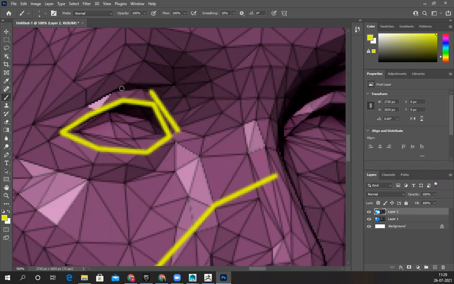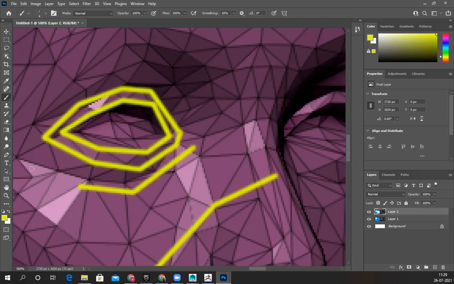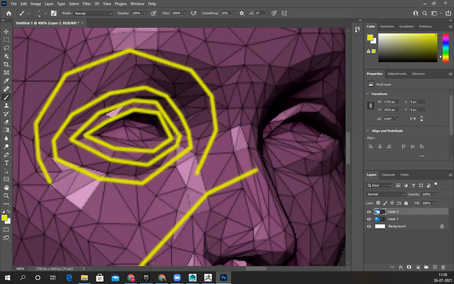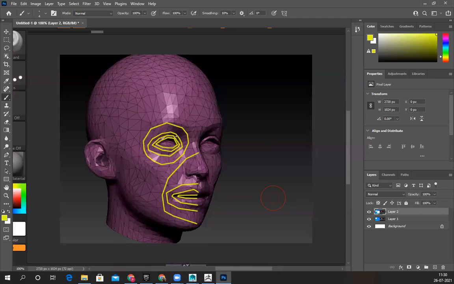Then your eyelid depth, one more loop, and the bulge, the eye bag, one more loop, and one more loop, eyebrow to your cheek, like 4 loops. Make sure it's always like this, no matter what.